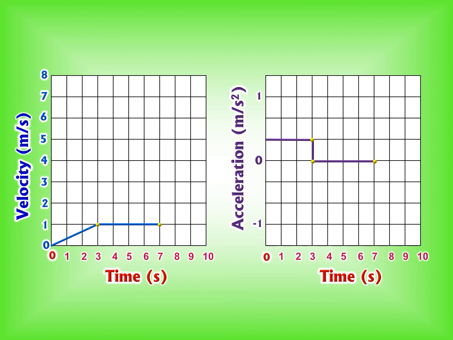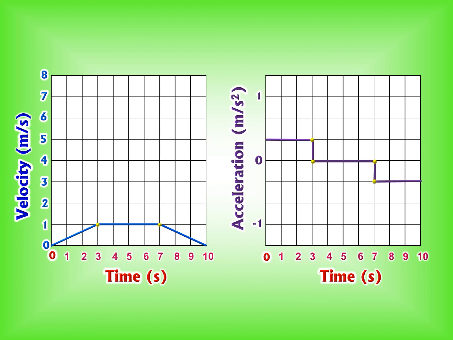And then finally, for the remaining 3 seconds from 7 to 10, we actually have a negative acceleration because the velocity is decreasing. So we are decelerating or accelerating in the opposite direction that we're traveling. We call that a negative acceleration. So I just wanted to make sure that you could visualize. It looks like a bunch of steps going down. But please pay attention to where the 0 is there.